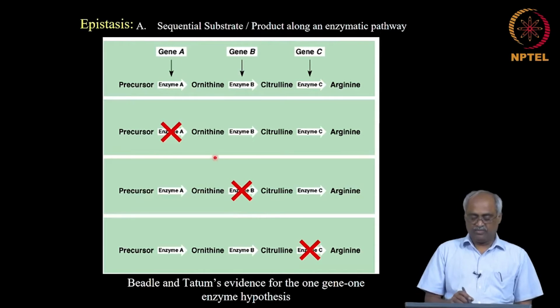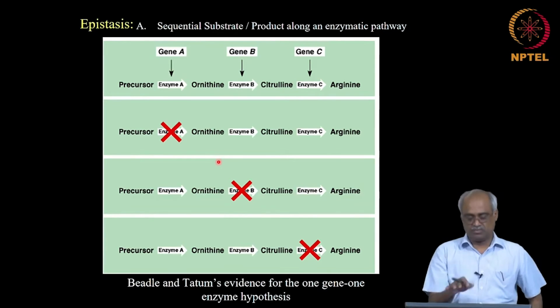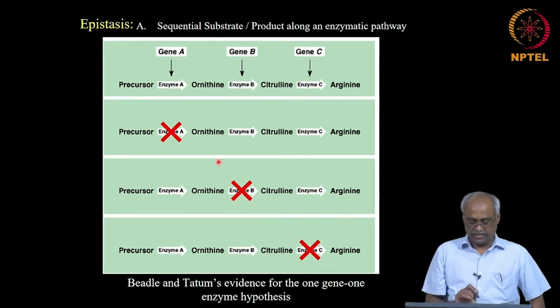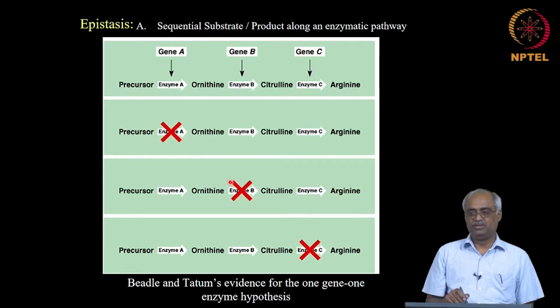Now, instead of looking at what precursor you need to give to grow it, let us look at what product it forms for this discussion in this context. So, enzyme A mutation will not make ornithine, while enzyme B mutation will make ornithine. Now, if I make a double mutant A and B, what will be the phenotype with respect to whether it will make ornithine or not? It will not make. So, the AB double mutant phenotype is the same as A mutation.